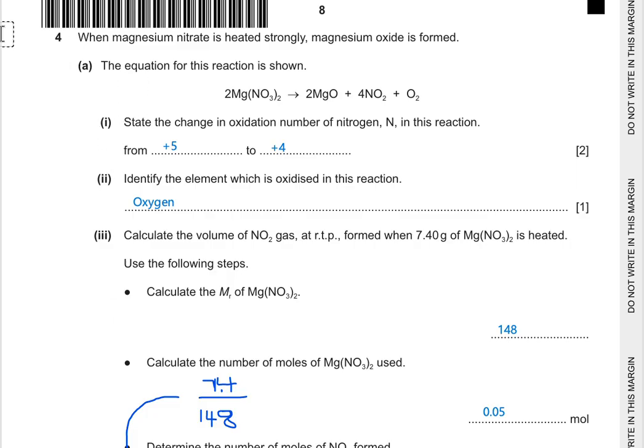We know that the Mg is going to be plus 2, and we know that the oxygen is always negative 2. Now look at the number on the bottom right. It's 3, so 3 oxygens, so 3 times negative 2 times 2, because it's multiplied 2 times, which is going to be negative 12,